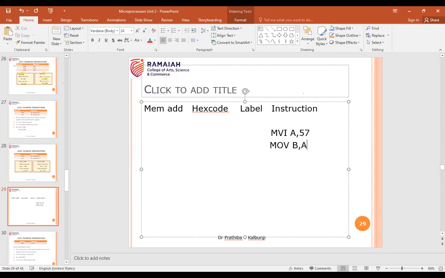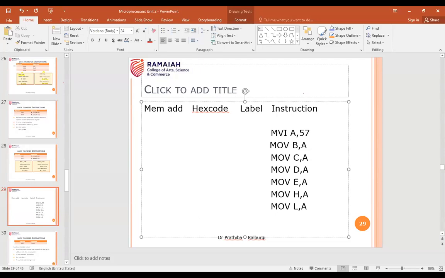That is move B comma A. Then move C comma A. Similarly, move D comma A, move E comma A, then move H comma A, and the last one is move L comma A. And then you need to end the program.